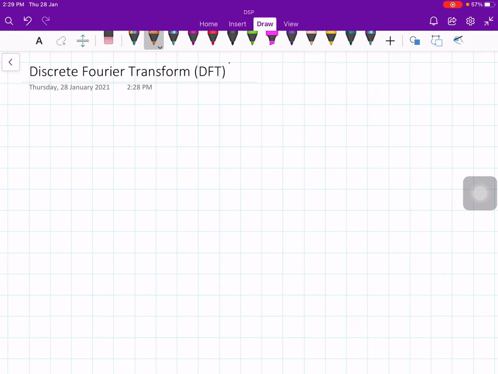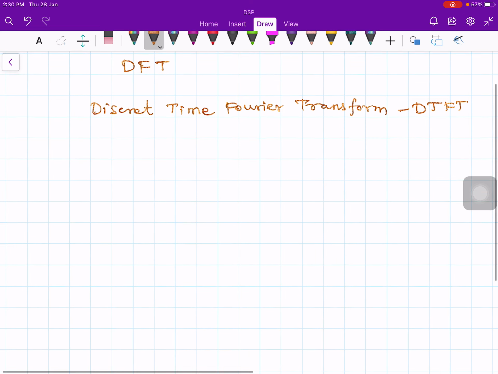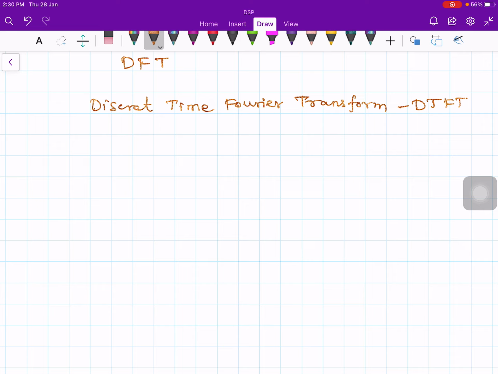Okay, our topic in this lecture is discrete Fourier transform, which we abbreviate as DFT, and we have abbreviated the discrete time Fourier transform as simply DTFT. Okay, so in the last couple of lectures, we considered the question of convergence or existence of the